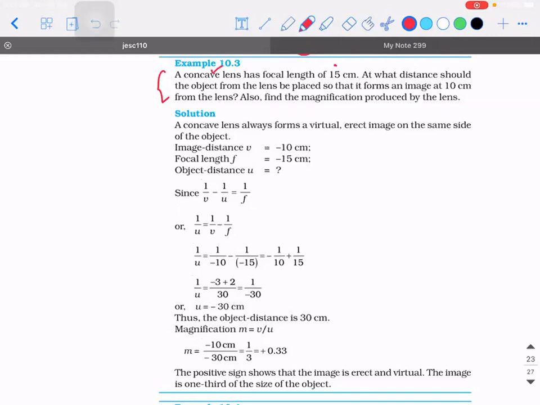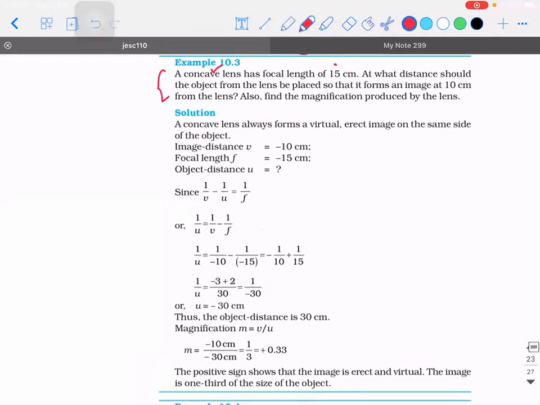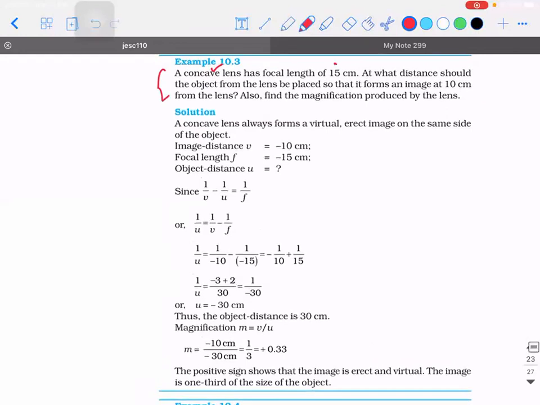You have a concave lens. So, what is the other name for concave lens? Converging lens, sir. It is converging. Why is it converging? Because the rays after refraction converge towards the principal axis. That is the reason why we call it a converging lens. Similarly, convex is a diverging lens, a known fact. Okay. So there is a concave lens which is having a focal length of 15 centimeter. So focal length, always leave some gap and write 15 centimeter.